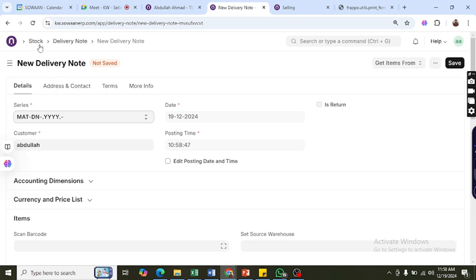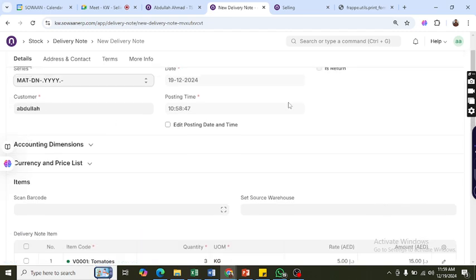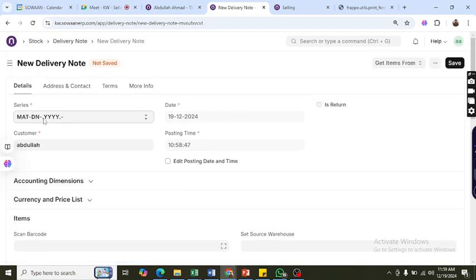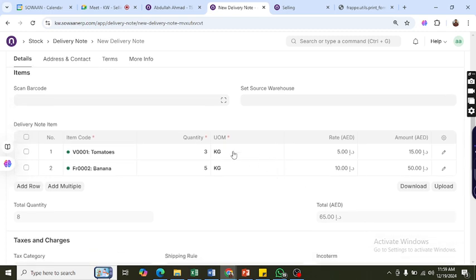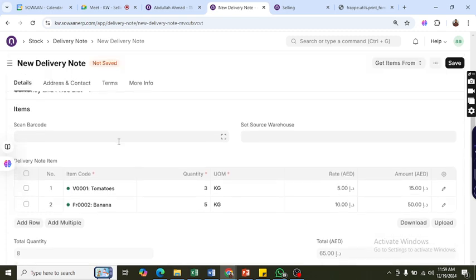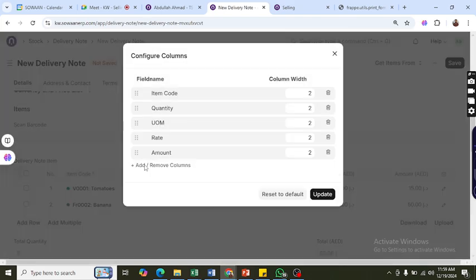Right now you see that I am standing in the delivery note, but it relates to the stock module, the store module you can call it. Here, the details will come up directly from the sales order, like the customer name, the items, the quantities, and the rate will come up automatically. But you have to define from which